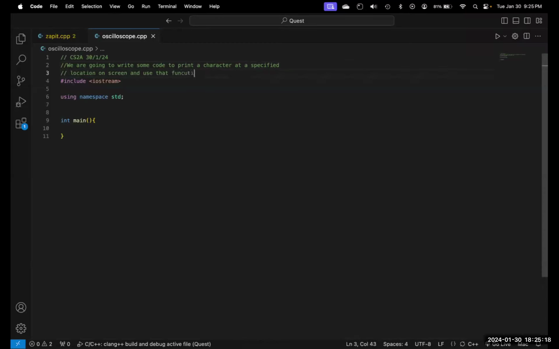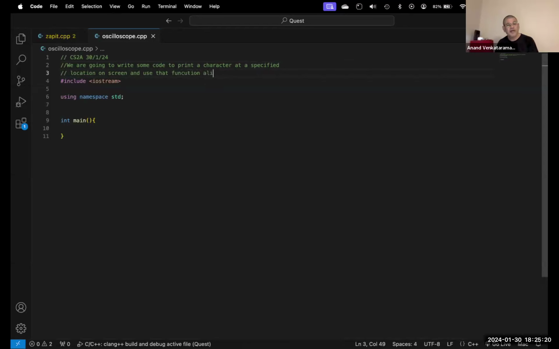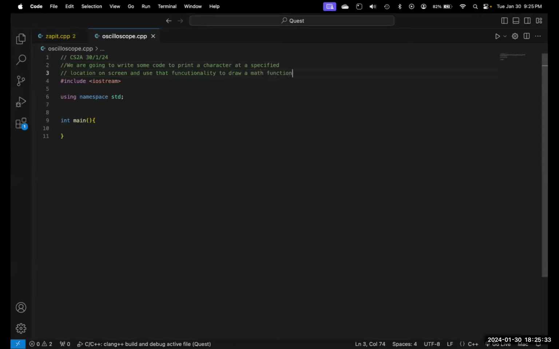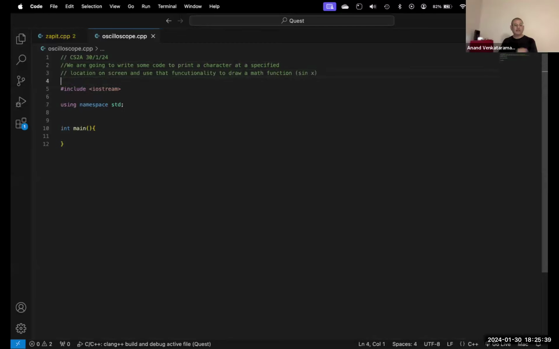To draw a mathematical function, a math function, and then you can say sin x within parentheses. All right, so you go to the next line. Within a rectangular box, spanning